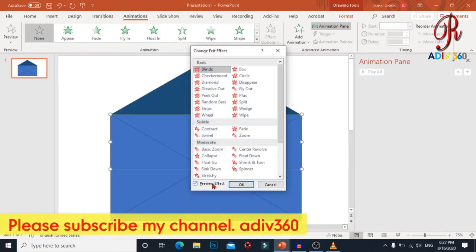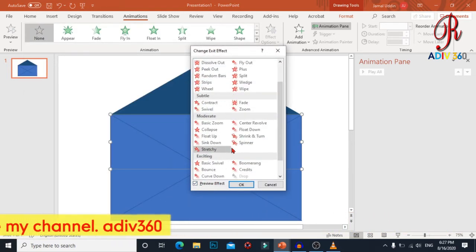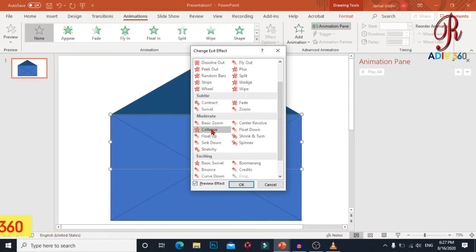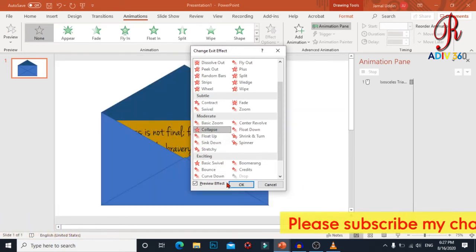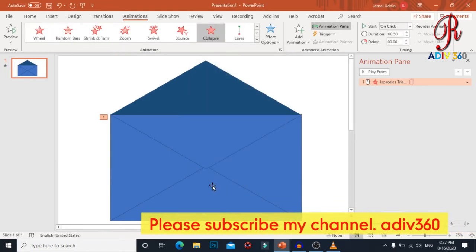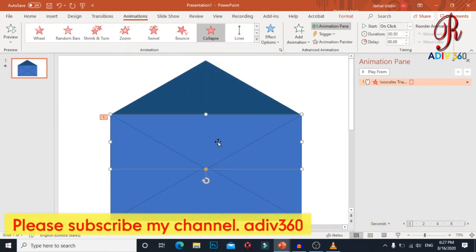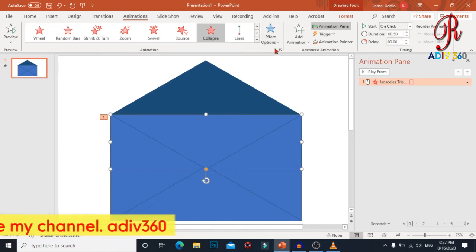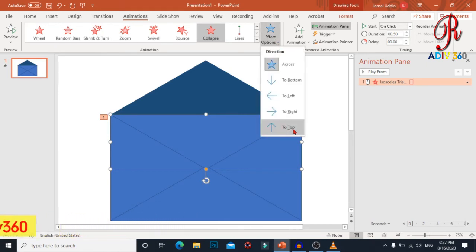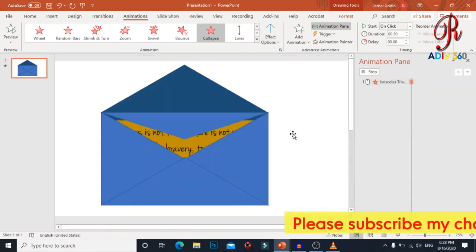The exit effect I want to use is called Collapse and it is under Moderate, so click on this and say OK. From Effect Options, the collapse is going to happen to the top.